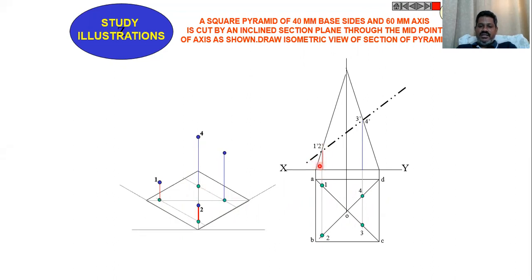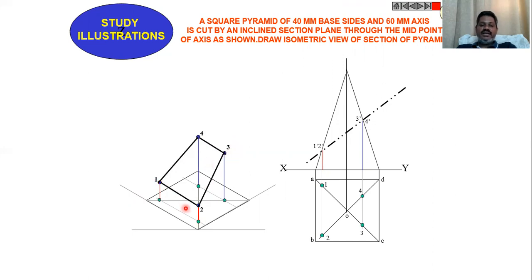take the distance with the compass from points 1 and 2 and get the points 1 and 2. Similarly, get the points 3 and 4. From the points 3 and 4, locate the heights. So 1 dash 2 dash is at a certain height and 3 dash 4 dash is at a certain height. So take the compass, get the distance, and draw the vertical lines from these 2 points as well as these 2 points. Then join